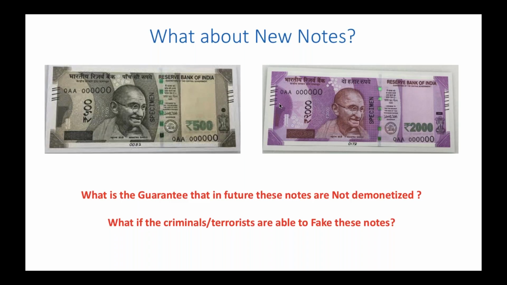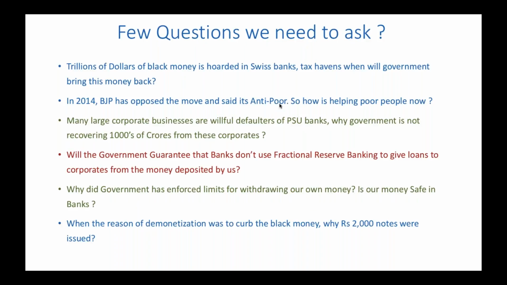So the point is, it's a game where rich people are already safe. They're not standing in the lines, but poor people like me and you are standing in the queue. So there is nothing. This is all talking about this demonetization. You are anti-national, they say. So I would say you are a real fool, and you are just a person thinking with closed eyes. So I would say, please open your eyes and see what the reality is around you. And a few questions we have.